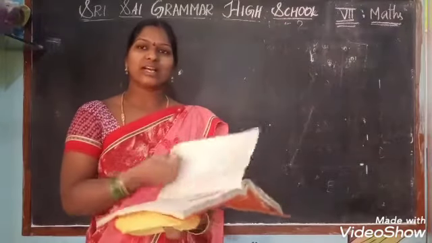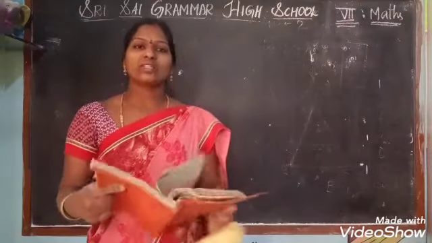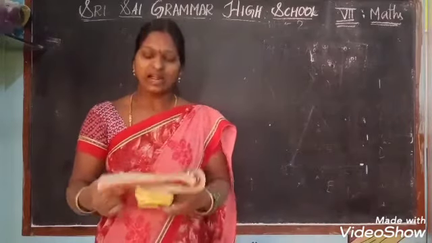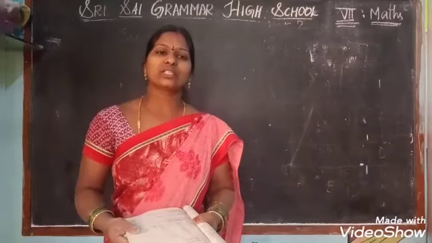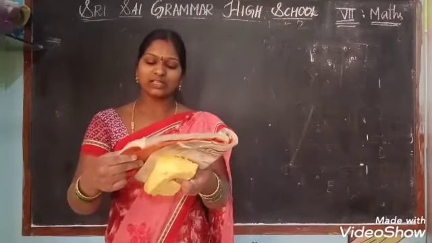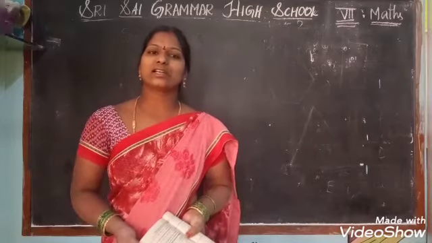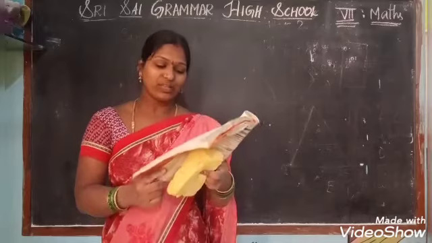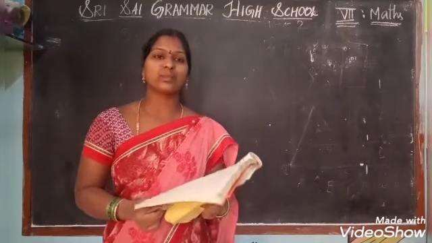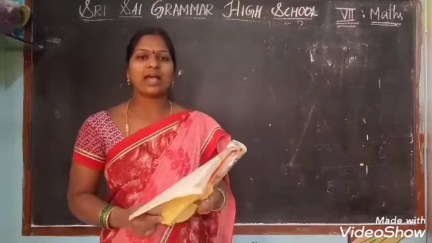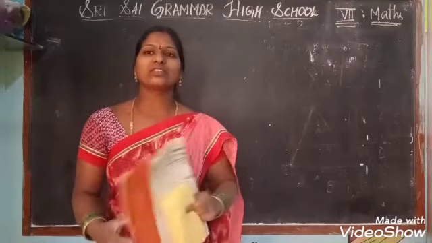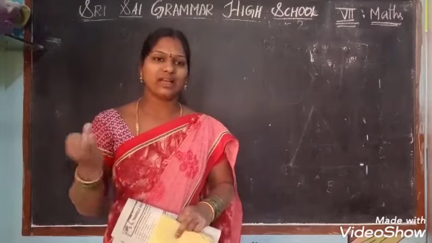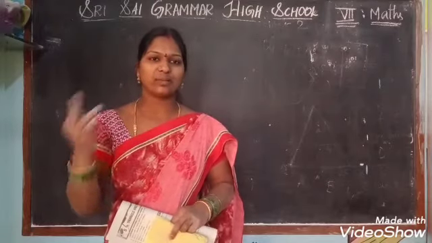We learned about lines, median, and angles, and also triangles and their properties. We learned the equilateral triangle, the isosceles triangle, and the scalene triangle, how each is represented, and the classification based on sides and also based on angles. Based on sides, we learned the equilateral, isosceles, and scalene triangles.